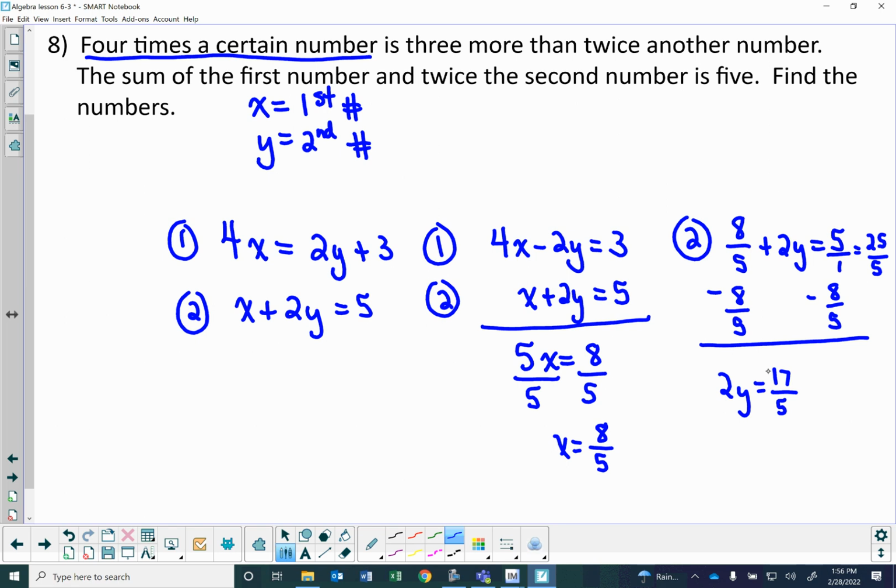Now I need to solve for y. I normally would divide by 2. Dividing by 2 is the same as multiplying by 1/2. So I'm going to multiply by 1/2 because I have a fraction on the right-hand side. So all of these cancel out, leaving me with y is equal to